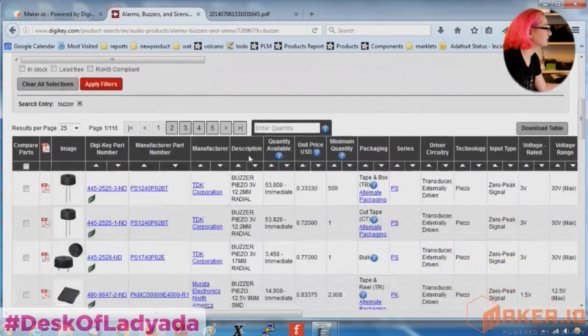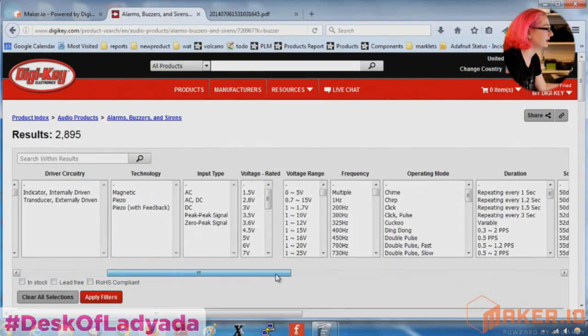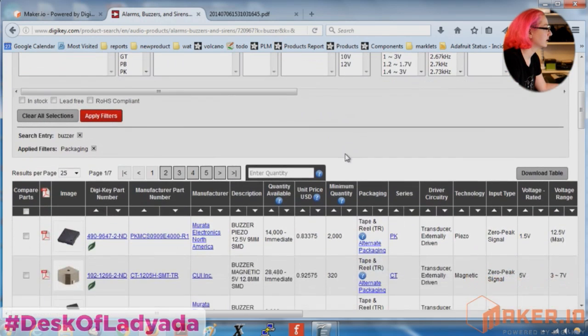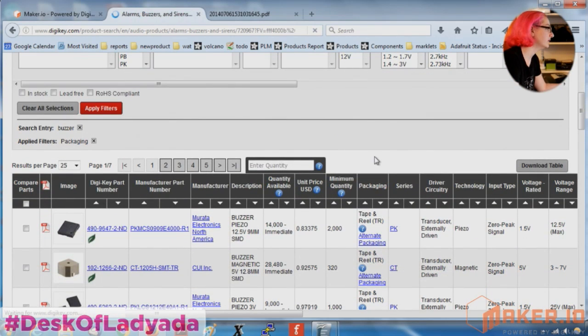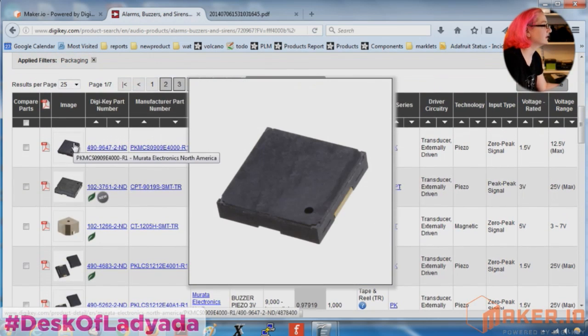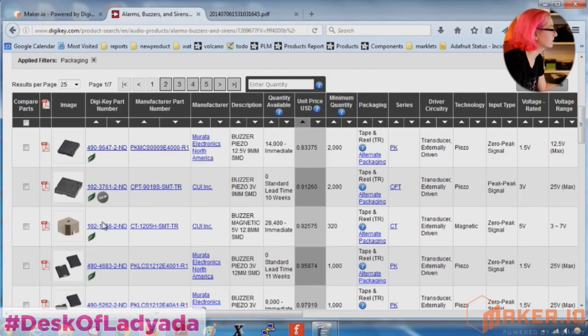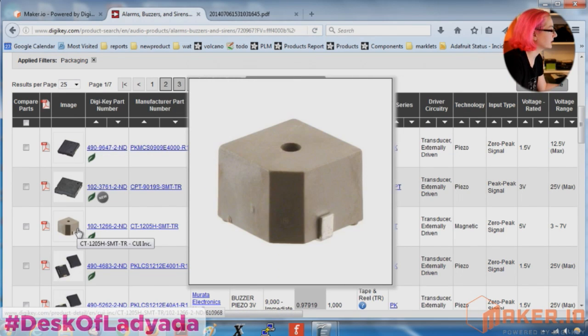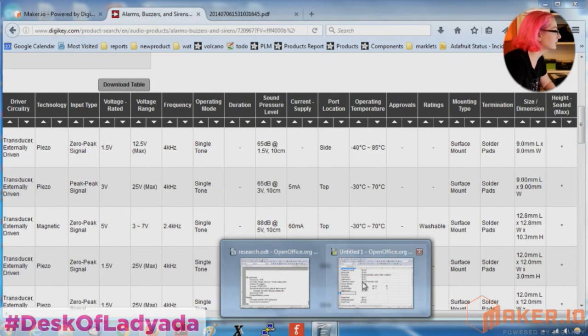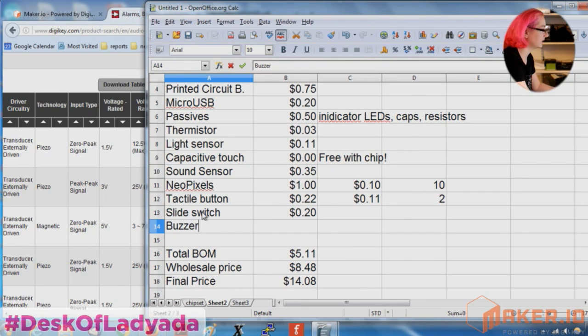So buzzer, and then again, see if I can get it on tape and reel, which will make sure it's a surface mount part. And then you sort by price. And you can basically get these surface mount magnetic buzzers, and they're actually a little bit pricey. They're about $1. So a part like this, it's surface mount, and it's actually a little speaker coil inside. Trade off, it's $1. So I was not so sure, but let's put it down, and then